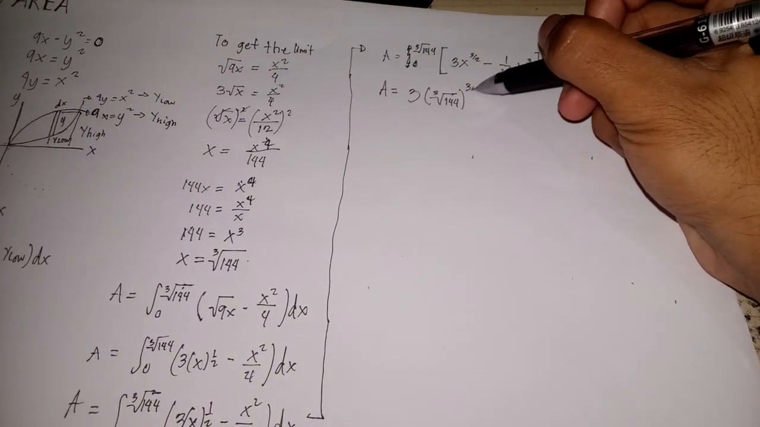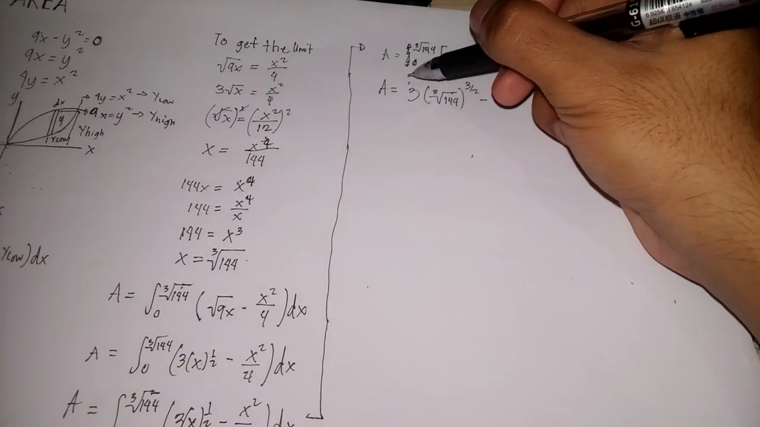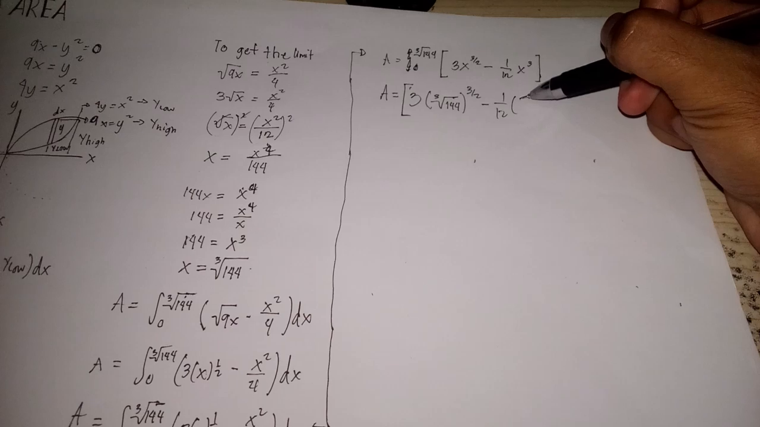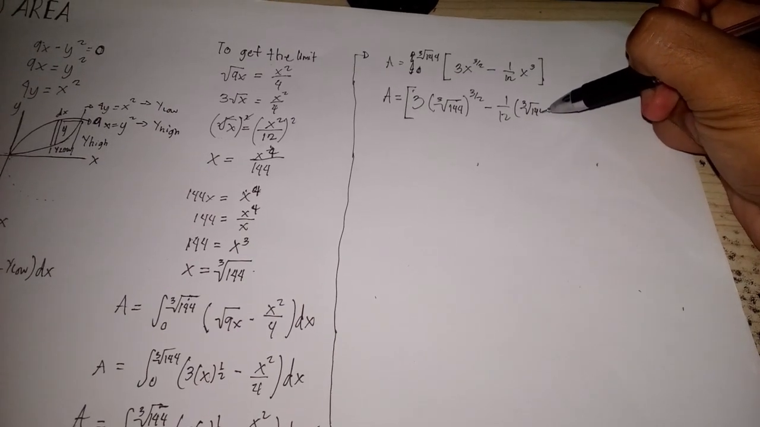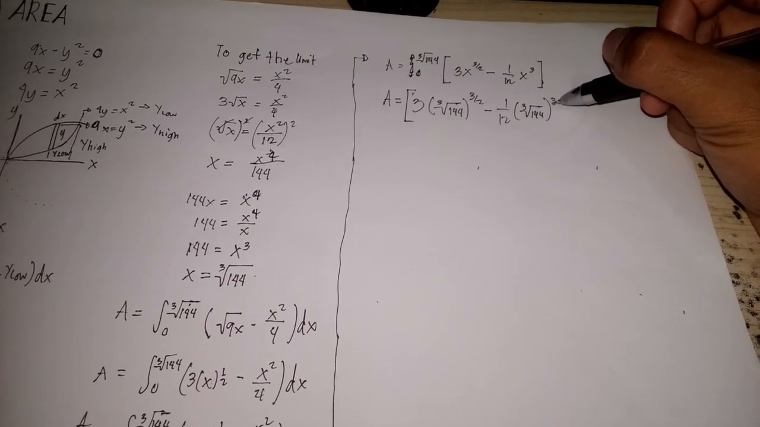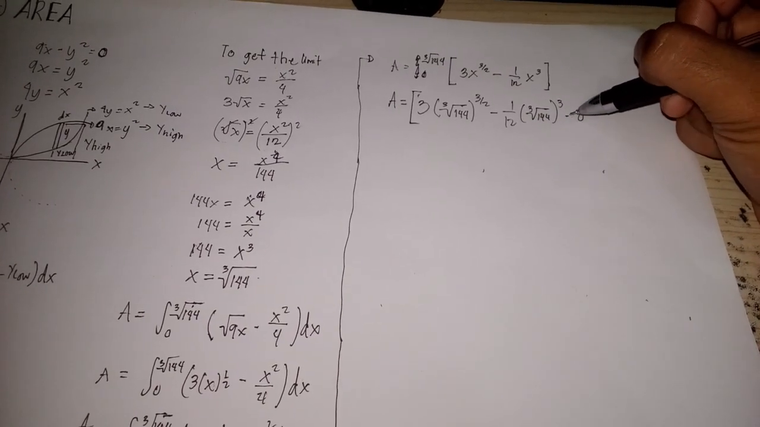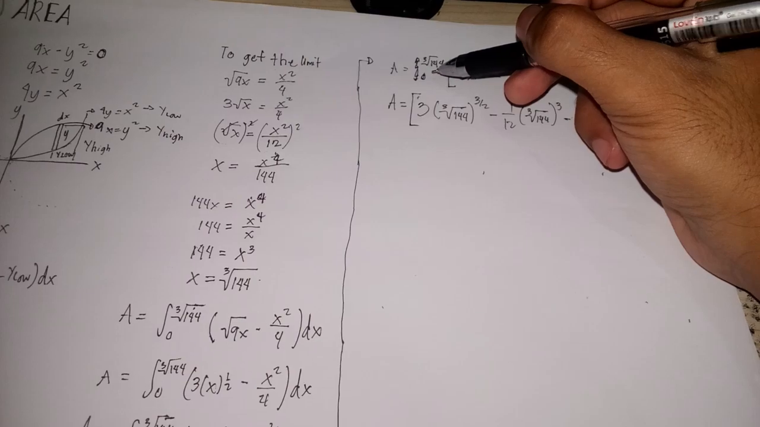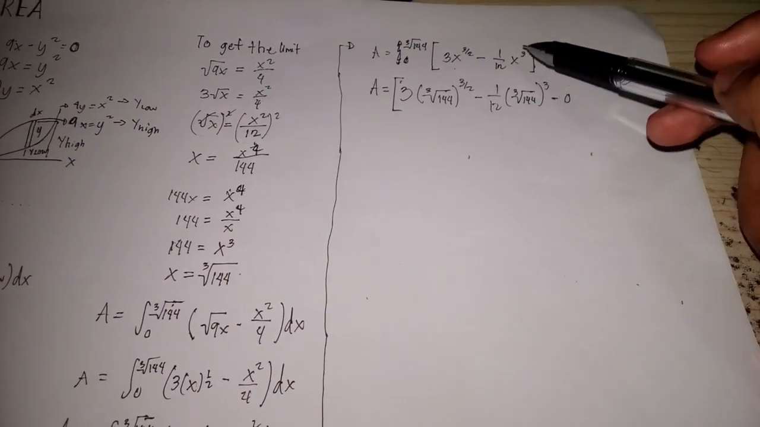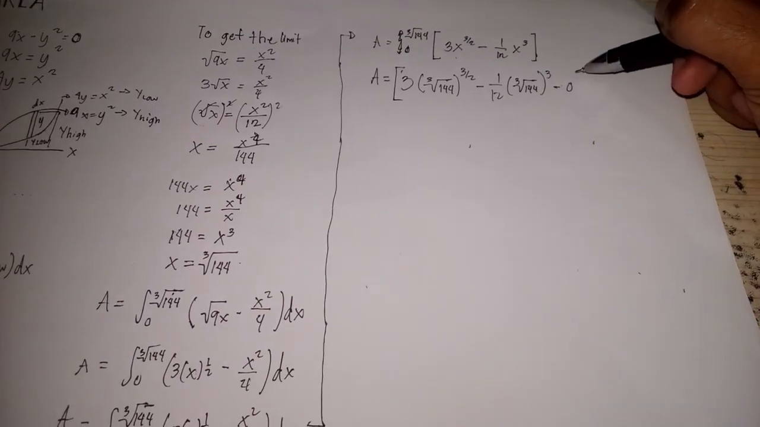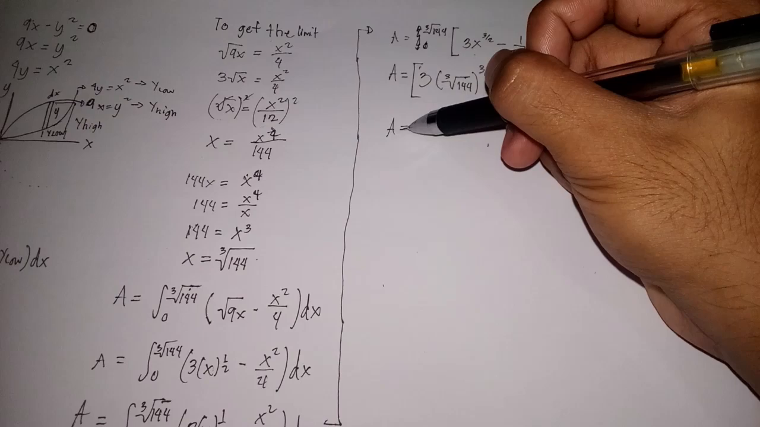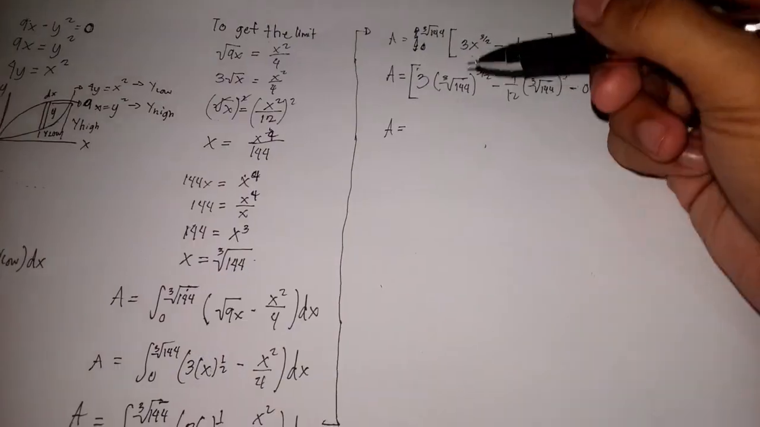So raised to 3 halves minus 1 over 12 cube root of 144 raised to 3, then minus 0, since if we substitute this in any of these, then that will only result to 0, as our final answer will become,